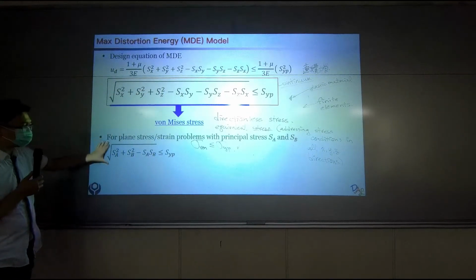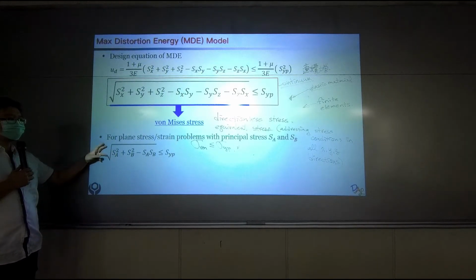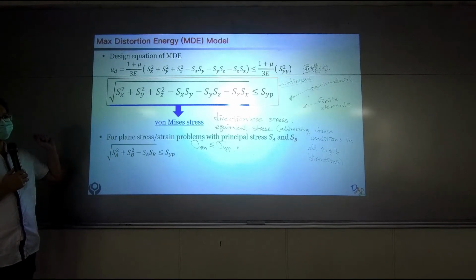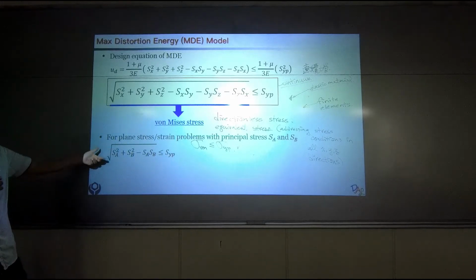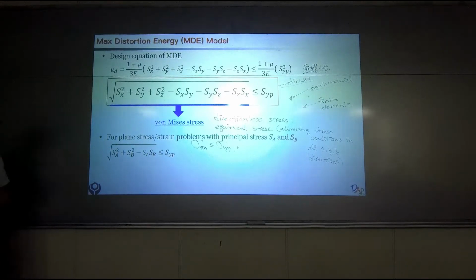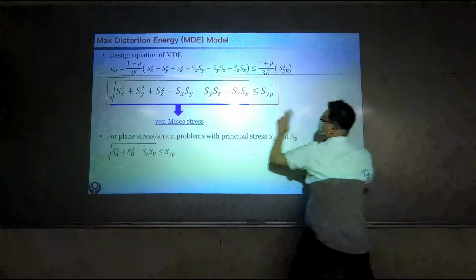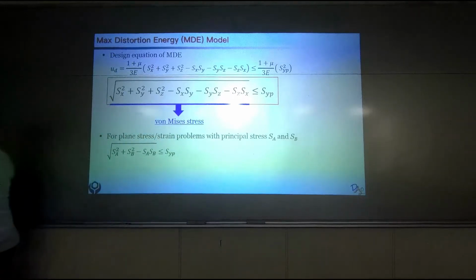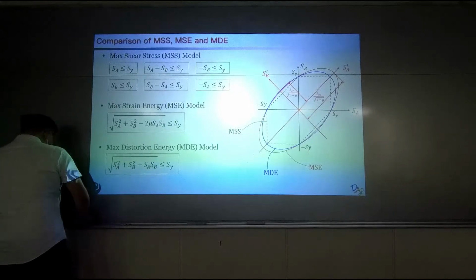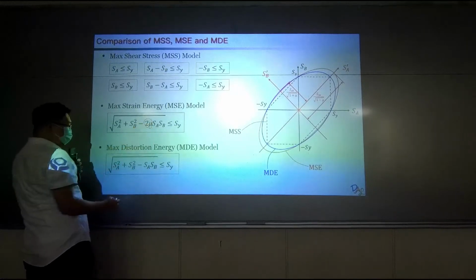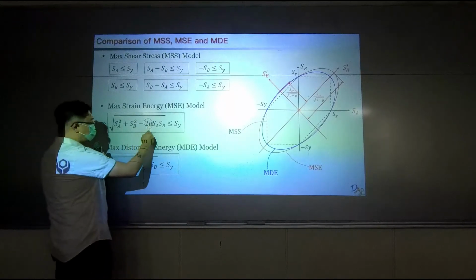Okay? And when you reduce to a plane stress problem, it looks like this. Very similar to the maximum strain energy model. How it looks is very similar to the maximum strain energy model, but there is a slight difference. Compare them easily. The only difference is that you have 2 mu here, but this is 1 here. Okay? And we know for Poisson's ratio,